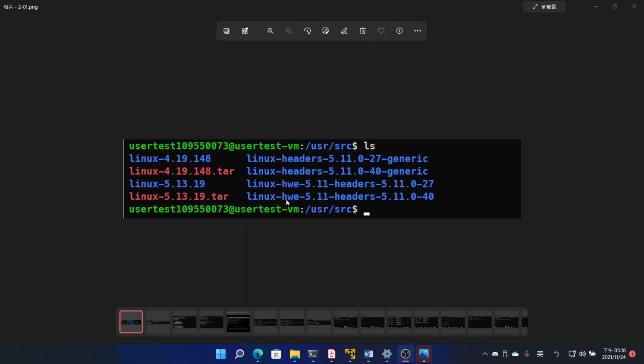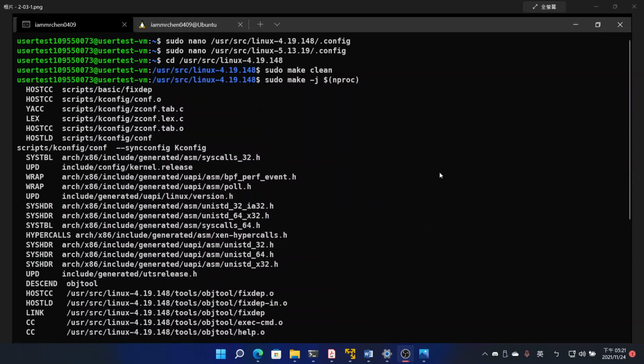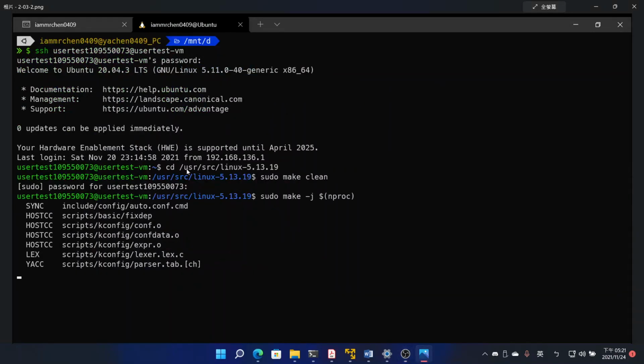the folder of /usr/src. Screenshot number 2 shows the two config files we obtained from the previous menuconfig. The screenshot number 3 consists of two parts. The first part is the build process of the Linux 4.19.148, and the second part is the build process of